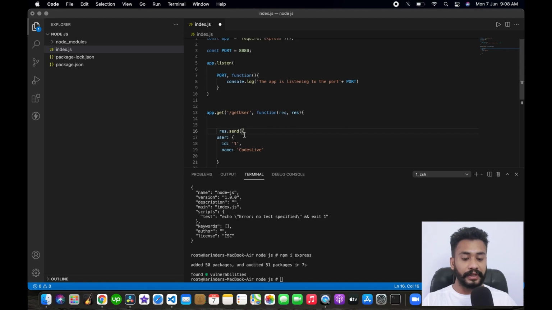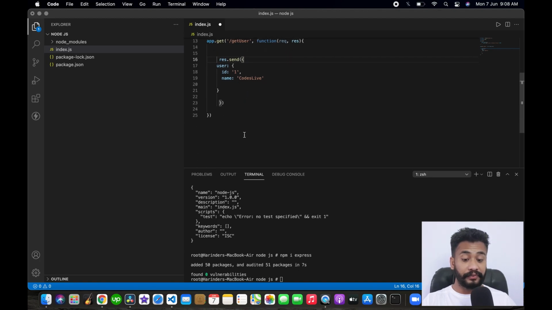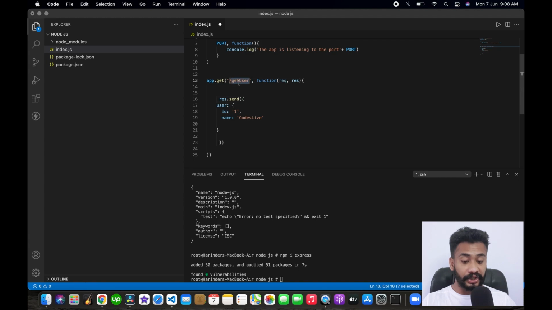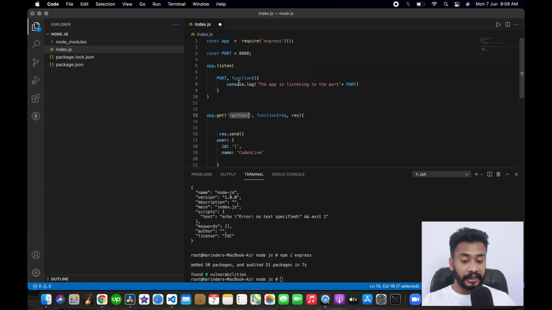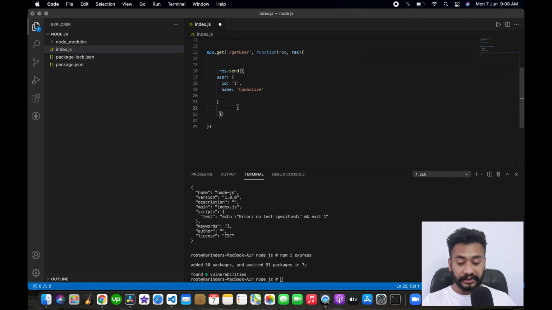That's all the coding we have to do to call our first API, that is get user. After writing this code, save the file and execute a command to start our server, that is node space dot. Node space dot.